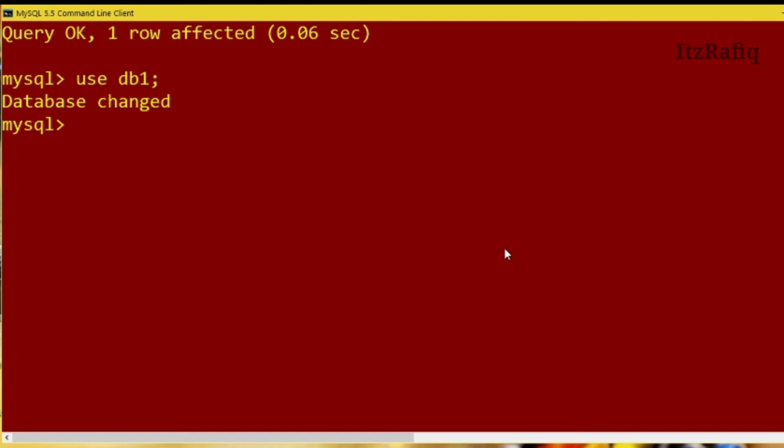So to create the table, the first line is create table, the table name. Suppose the table name is student. We'll write student, then simple bracket. We can write all the MySQL commands in the same line only, but to understand it better, we'll write in separate lines. So next line we'll create the field roll number. Roll number, don't give any spaces between roll number. Data type is integer and constraint is primary key.